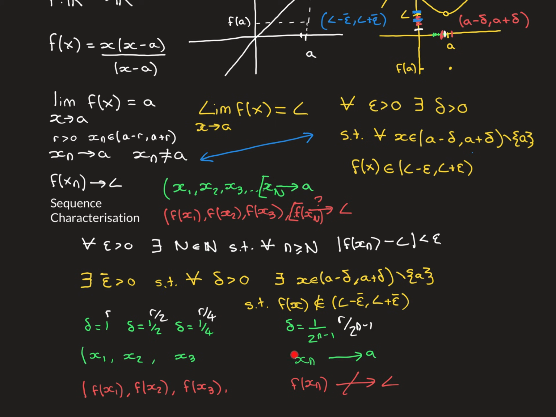So we have a sequence that converges to A and satisfies all of these criteria, but of course the image sequence cannot possibly converge to L, because all of these images are being mapped strictly outside of the epsilon bar interval and therefore cannot get indefinitely close to L. So it would contradict this. So yes, we have shown that if this is true, it also implies that this is true. That's going to be very important later on for certain results that we want to prove: you can weaken this sequence characterization criterion so that the terms of the sequence are only allowed to be in a restricted interval around A, and you can actually make that r as small as you like. I didn't specify what it is. This argument that we've just used applies for all of them.